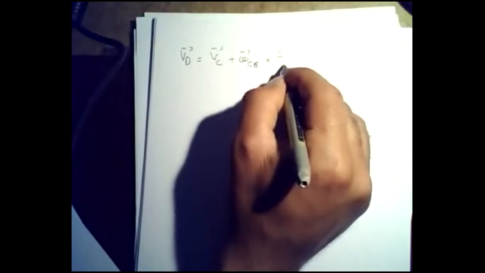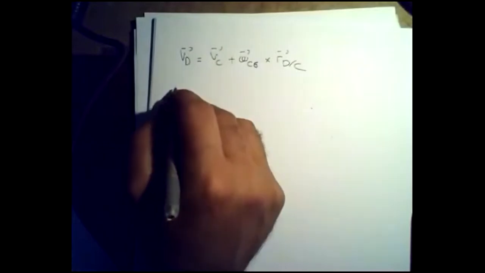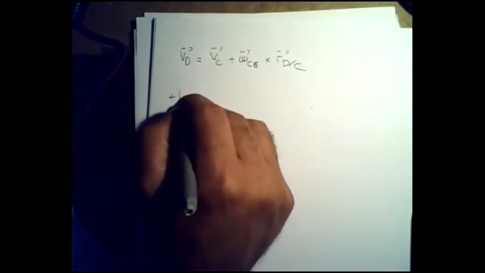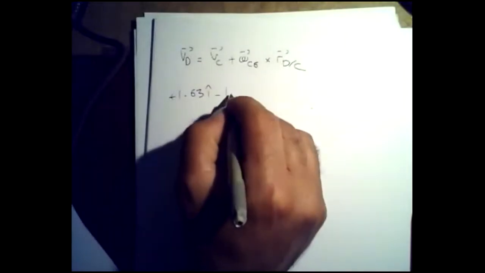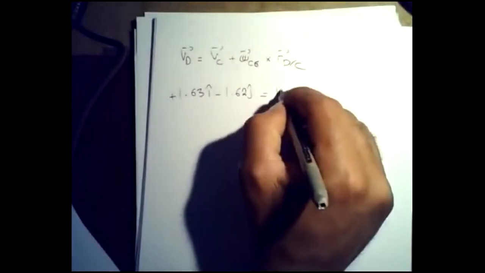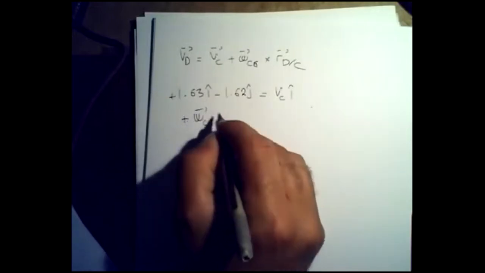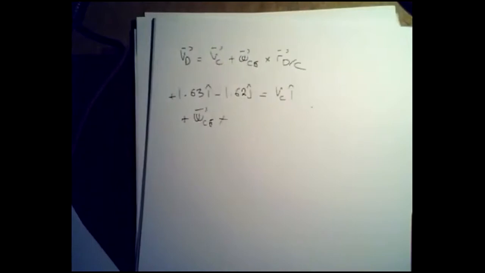So to do this, basically, I'm going to say that VD is equal to VC plus omega CE cross R D with respect to C. And the velocity of point D is given to me, plus 1.63 I minus 1.62 J, is equal to the velocity of point C, which is VC I, plus omega CE cross RD as viewed from C. So we need to know these angles, and then this angle is 30 degrees,